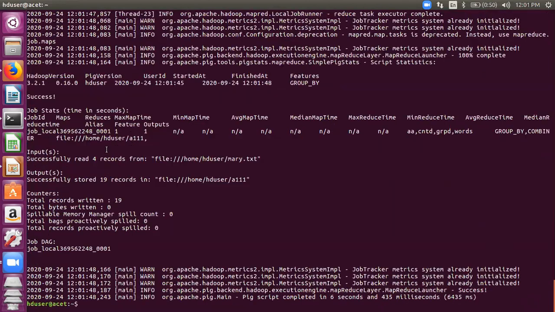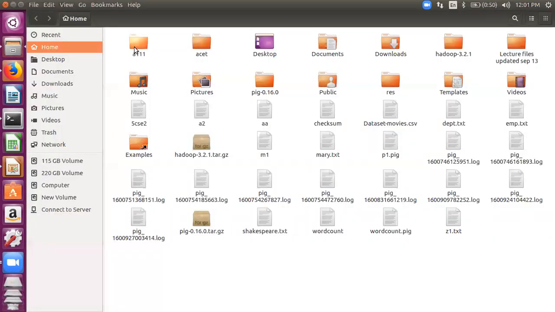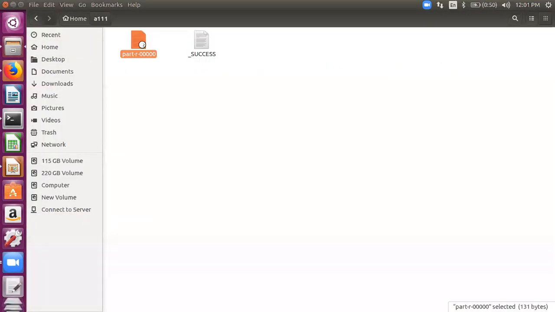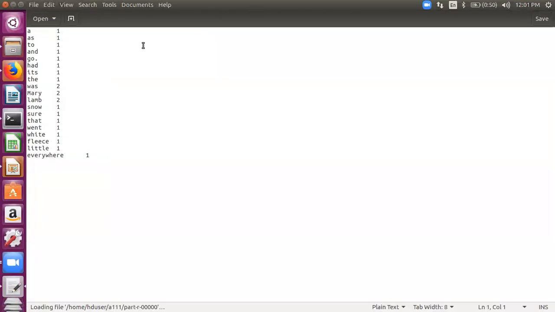So let's go to the folder in the local file system, A111. The reducer file is there. Yeah, it's done the same, right? Our pig program has done the same thing here. All of you can see here. You see just the 5 lines of code and it has done it. And it would do it for a 1 GB file also, 1 TB file also, and so on.